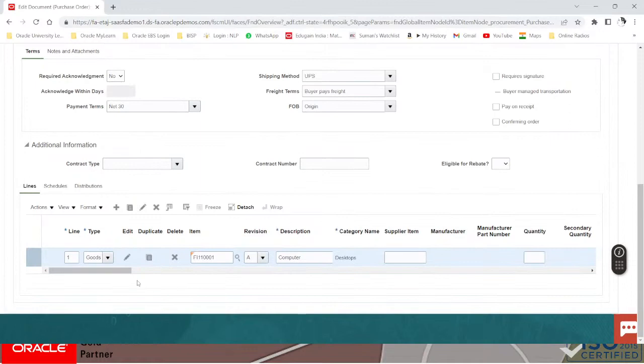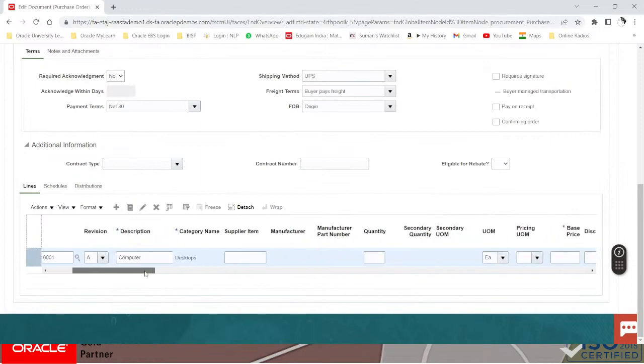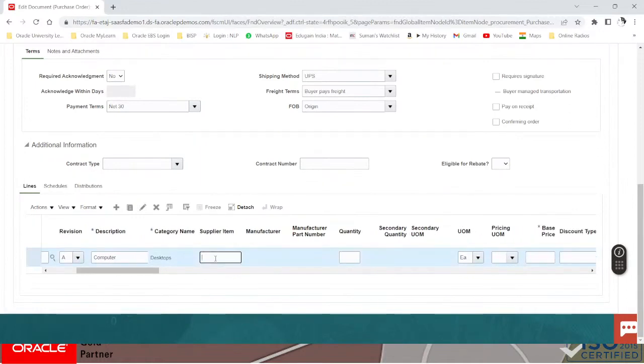Right, and the supplier item is desktop computer. Right, so quantity I am saying 10, and the unit of measurement is each, and the price is